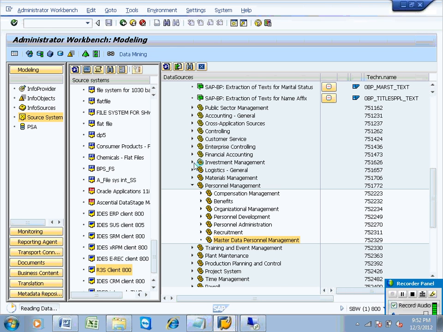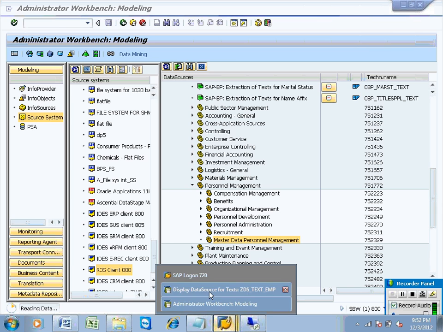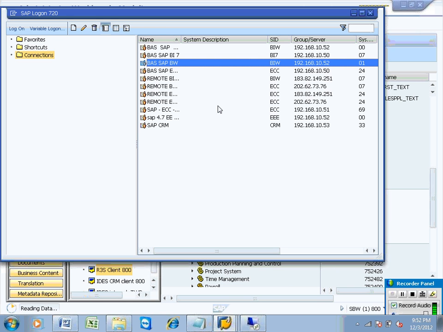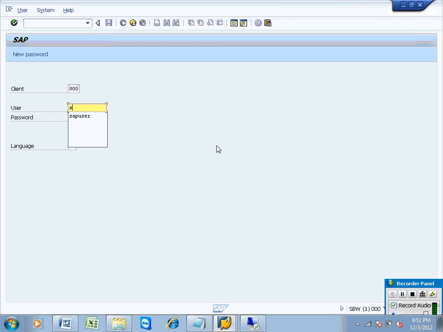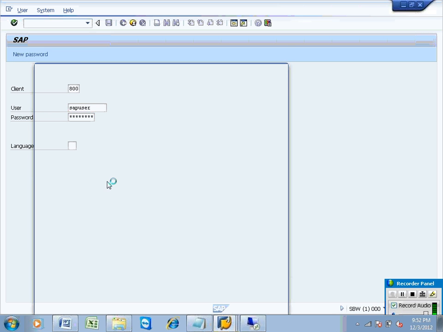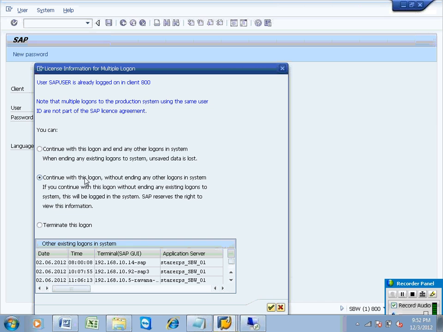Finally, we will leave this one as it is, and we can create the InfoObject and log into the BW system. Just taking the user.